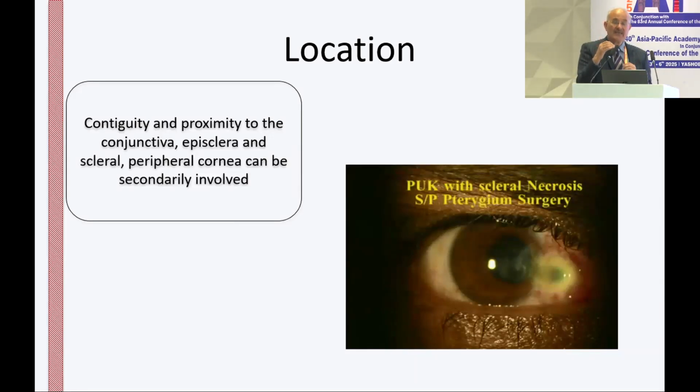Third, it can be an infectious scleritis at the site of surgery. So all three are very different, and it's very important to make a distinction because the treatment is very different. For SINS, you need immunomodulation. For ischemic necrosis, you need to promote healing, and for infection, you need to make a diagnosis and treat with antimicrobials. So these are the kind of pearls